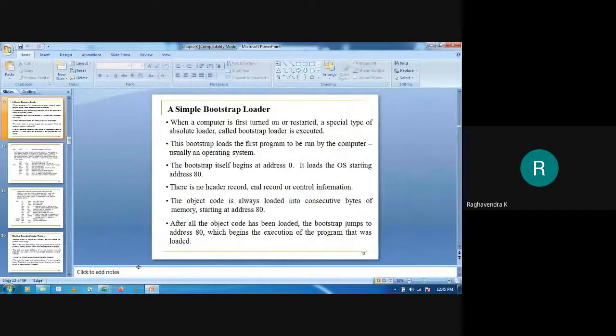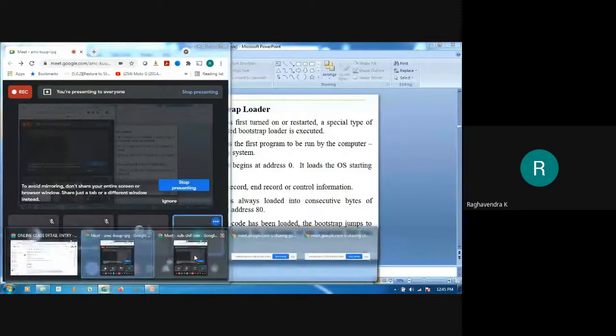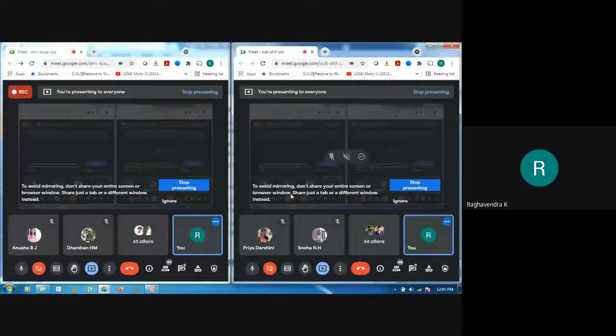When you turn on the power button of your laptop or your PC, what actually happens? Have you thought about it? Your system turns on, correct? Or what actually happens? Can anyone answer?